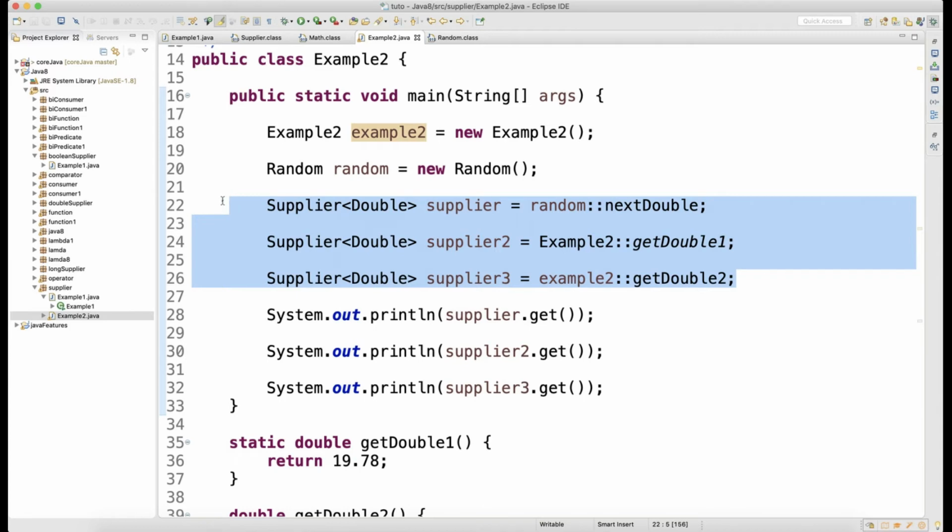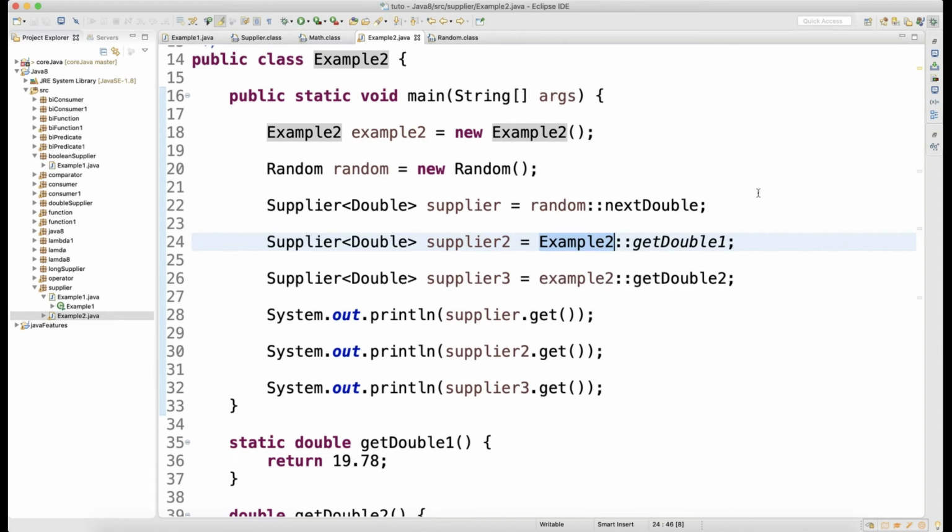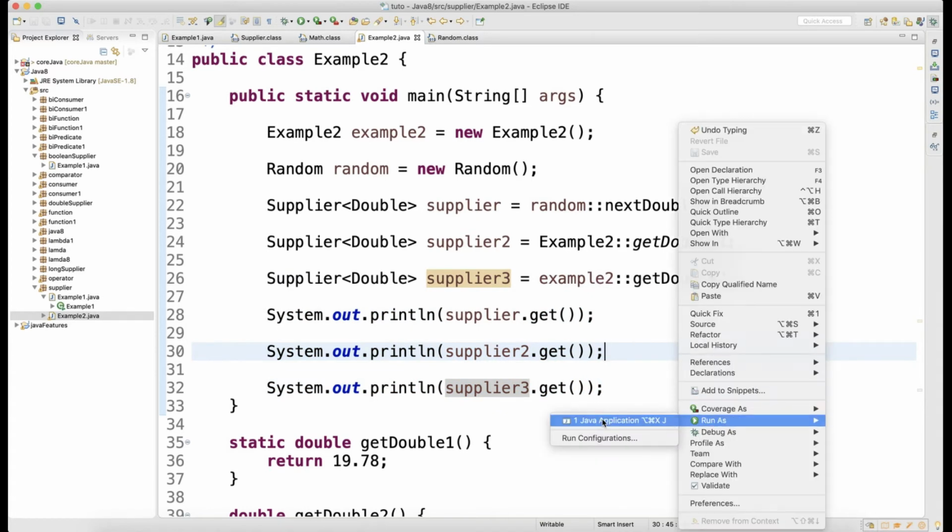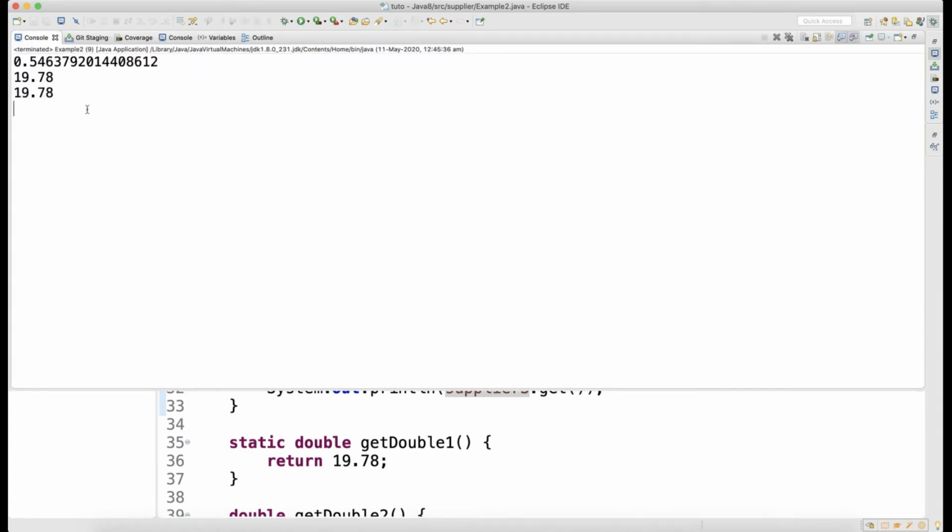So similarly, the supplier also, whatever we are learning, will use a collections framework, right? Now if somebody asks you how do you create a method reference to lambda expressions, if it is static, you can map with the class name. If it is non-static, you'll map with the object name. And then these are all suppliers, and all these suppliers return a double. If we call the get method, double data will get printed. You can see that all three are working fine.